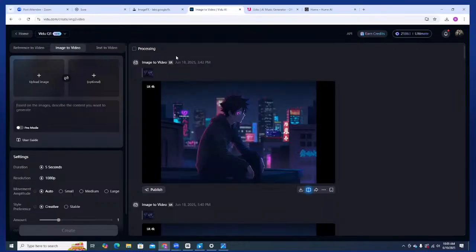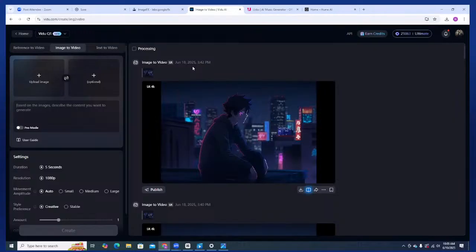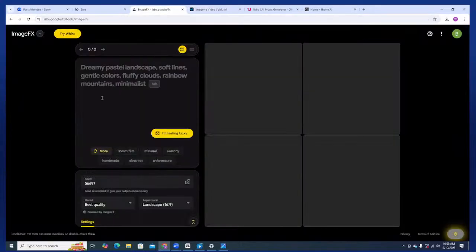So, with you guys today, I'm going to generate a couple different images and we'll hop over from Vidu to Google Image FX. It's part of Google Labs. And I usually start here for a base image. You can feel free to stylize more with Pixai or Midjourney or your favorite image generation tool. But I'm going to start here with Image FX, and I think it's a great place to follow along because